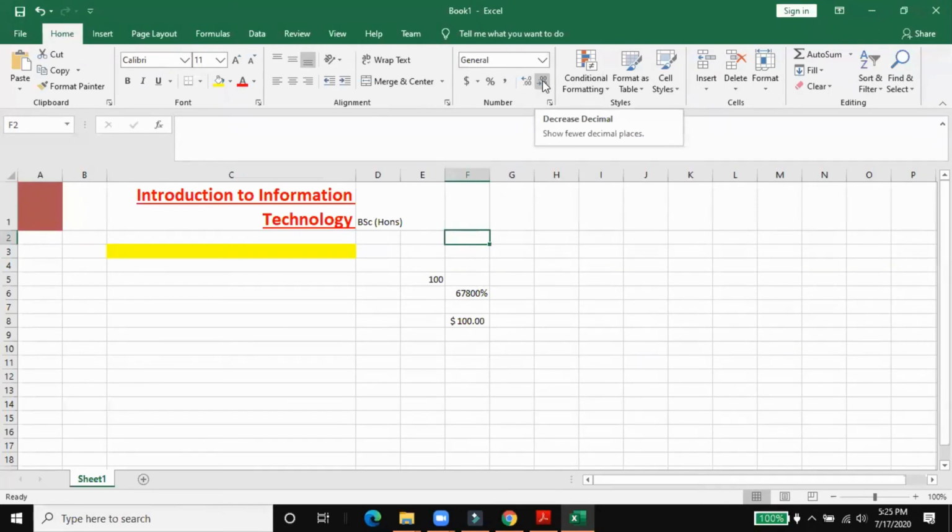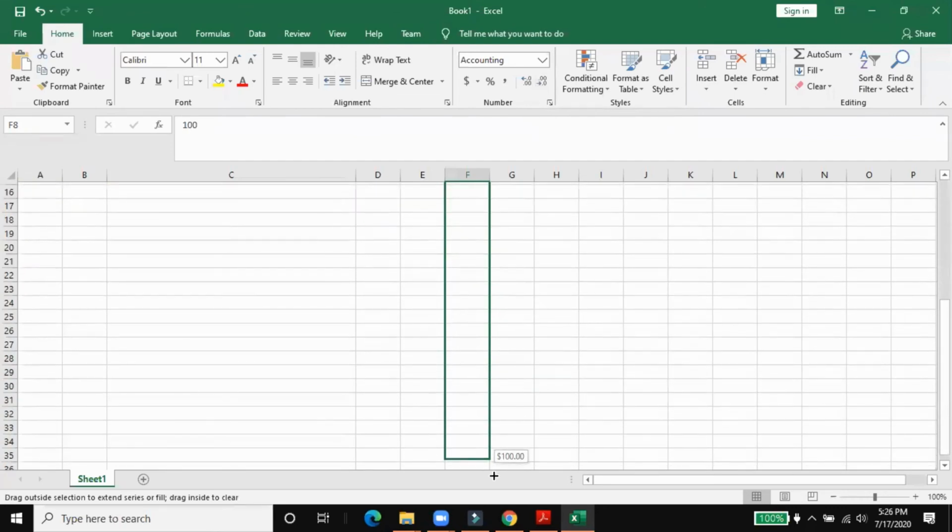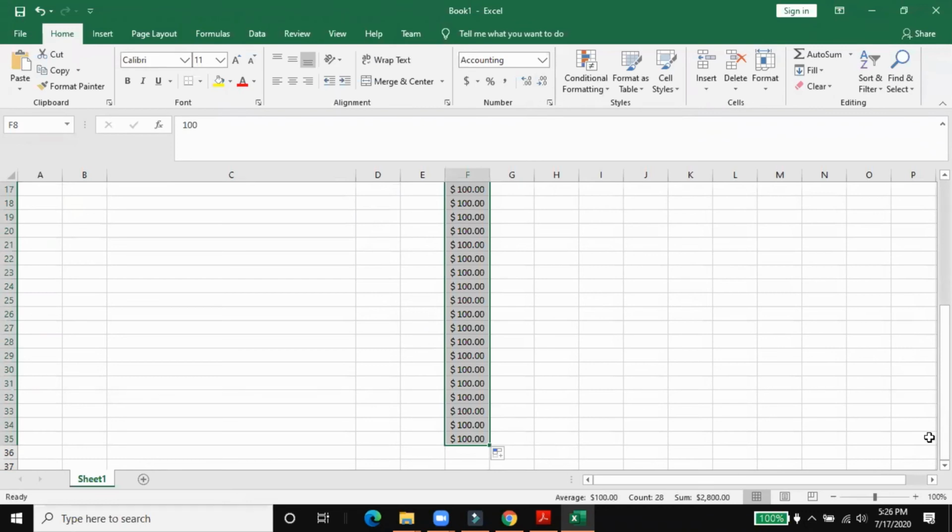Next one is another option. If you're selecting a number of rows and number of columns, and how we insert our data into different worksheets. For example, if I write this 100, I want to write it in thousands of rows. You can just go there and there is a plus sign, a small square box, and after that put your arrow on the square box and just drag it. As you drag it, all values are replaced automatically. You don't need to write $100, $100, 100 again.